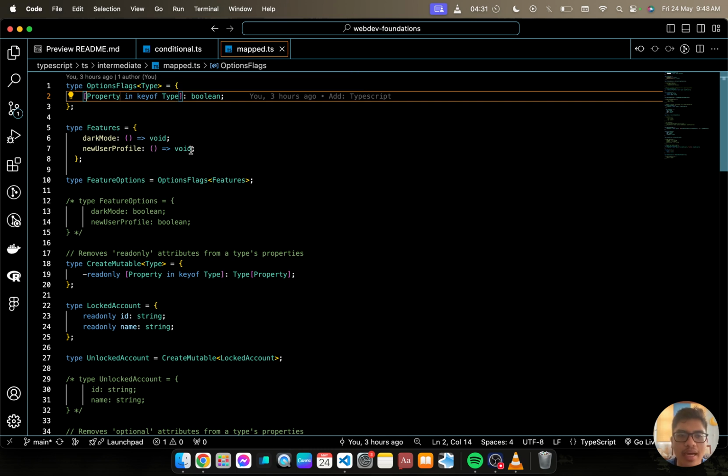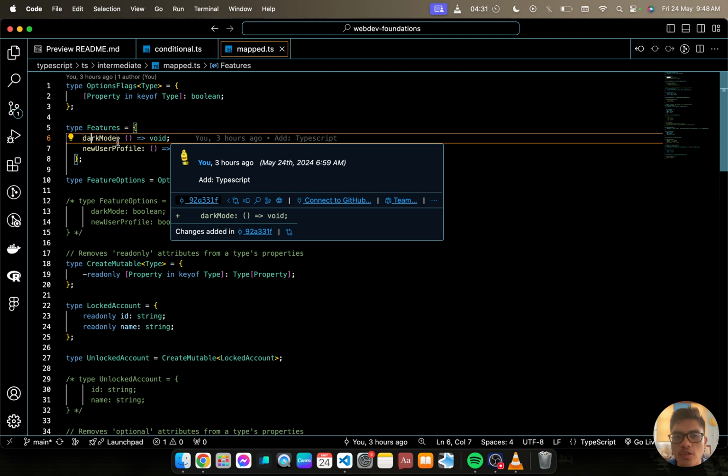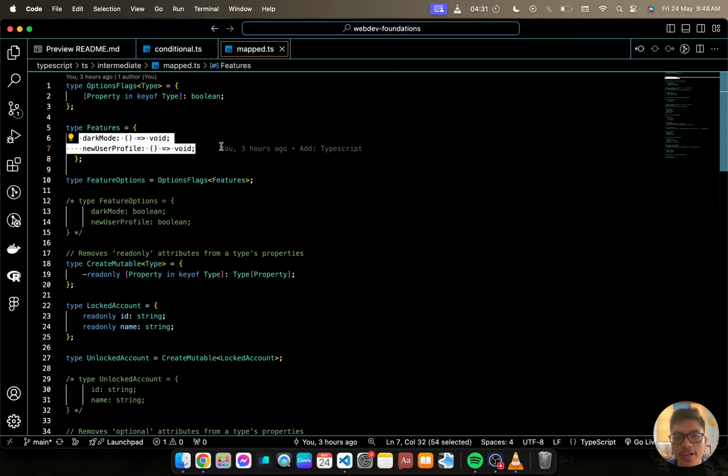So let's look at an example. For example, here we have type Features and we have darkMode and newUserProfile. So these are functions with the return type void.